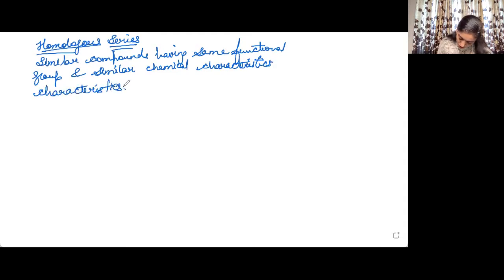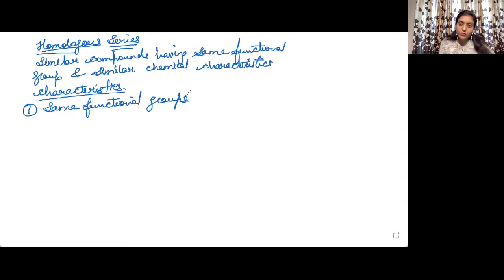Characteristics of homologous series. Number one characteristic is they will be having same functional group. For example, if we consider alcohols, any alcohol you take, it will be having OH group. So now this will be known as the member of homologous series. Okay, now the second characteristic is